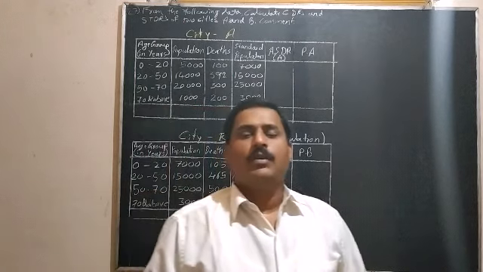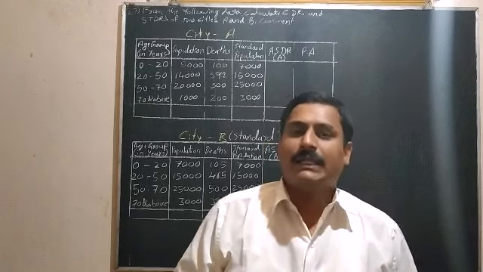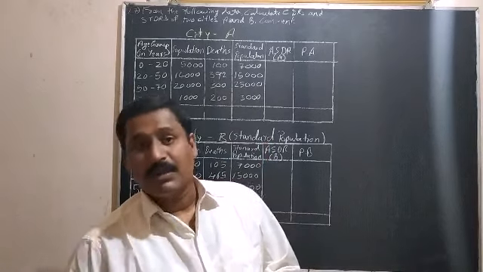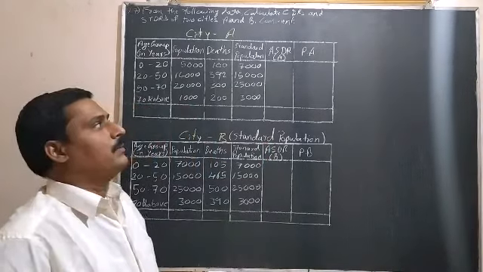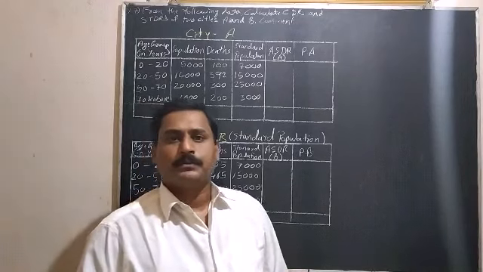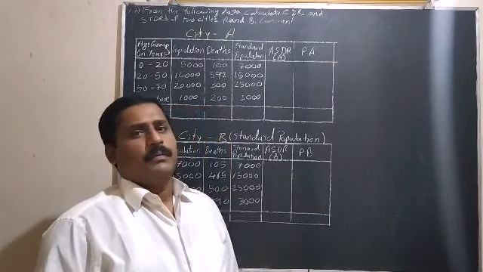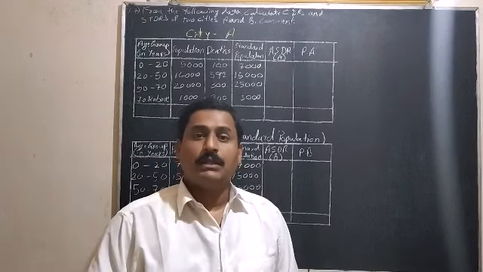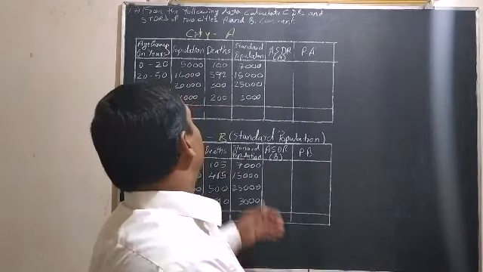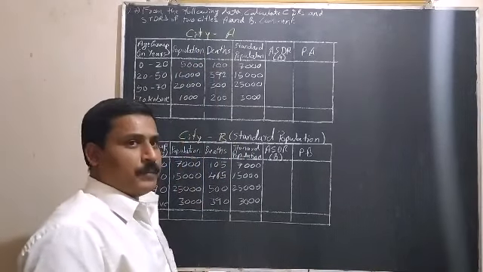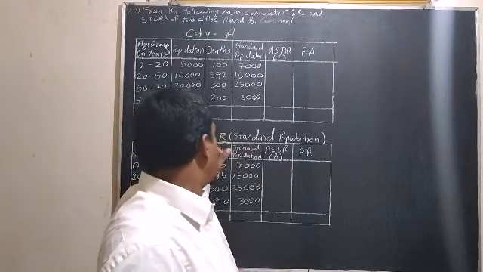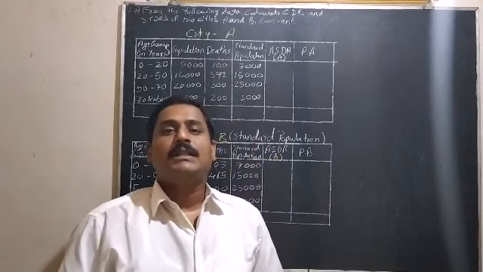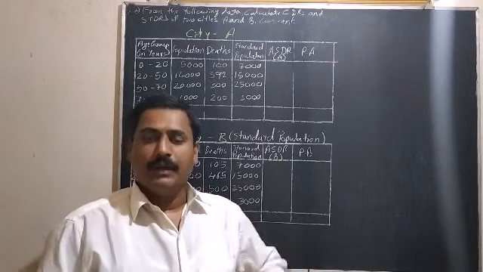Dear students, today we solve a problem on STDR. This problem I have taken from the textbook, problem number 27, page number 43. And this problem is a special problem because in this problem they have not given a separate standard population, but they have given two locations, city A and city B, and they mentioned city B as a standard population. So city B is a standard population in the given problem here.